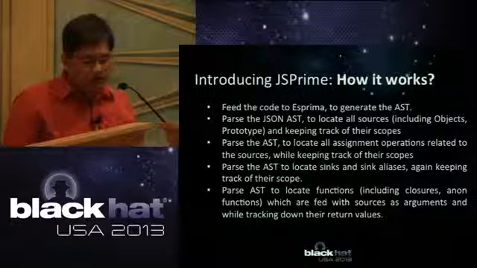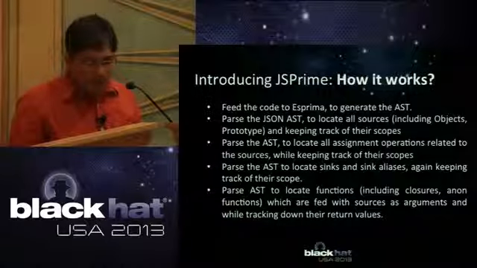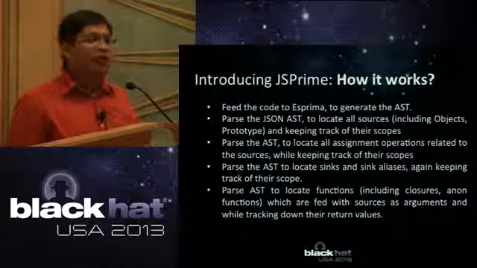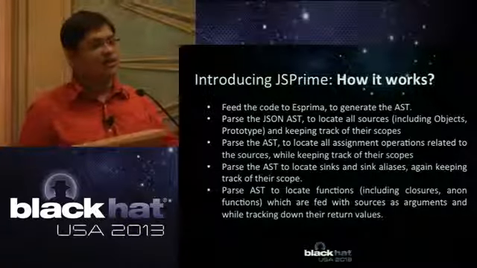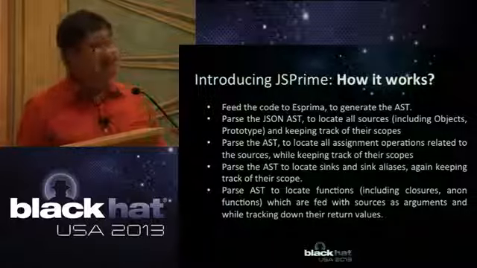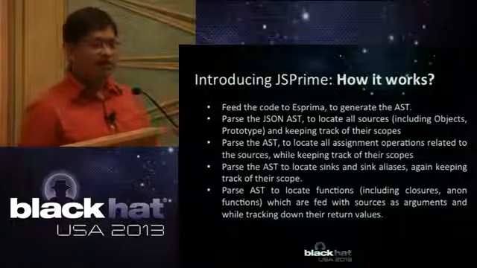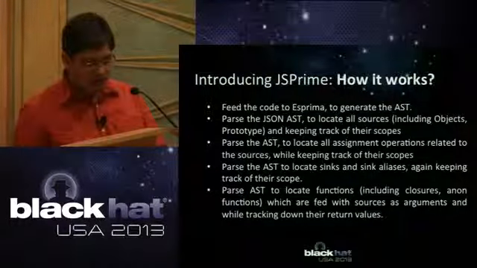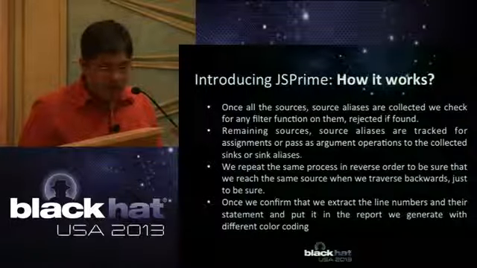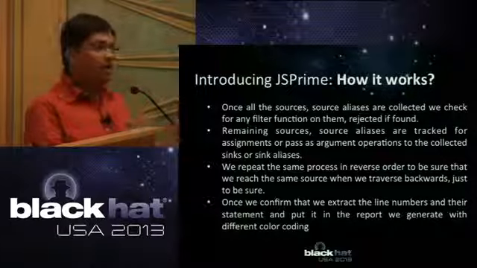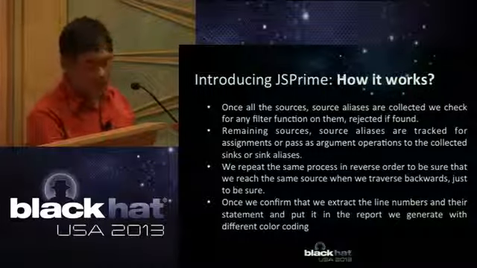Then we move on and locate functions, including closures and anonymous functions, which are fed with sources as arguments. We find functions where sources have been passed as arguments, while keeping track of the return values. If the function is returning something, we keep track of whether it's returning the source as it is, or whatever else it's returning. Now once we have collected all these data structures and all this metadata, what we then do is